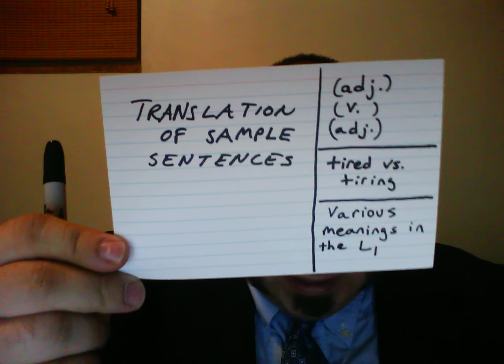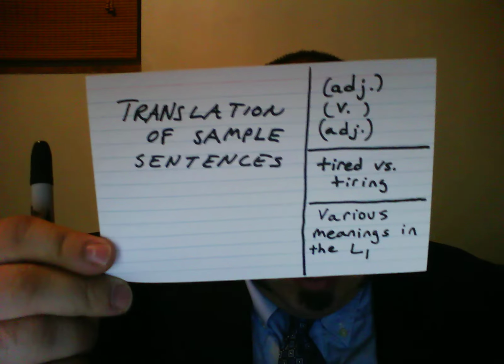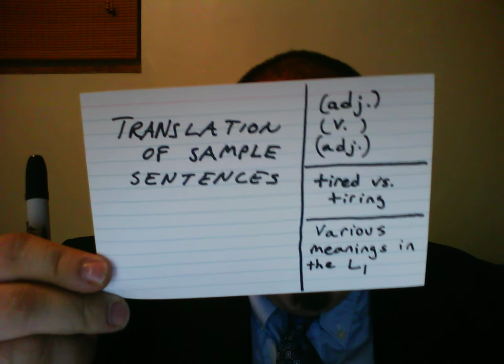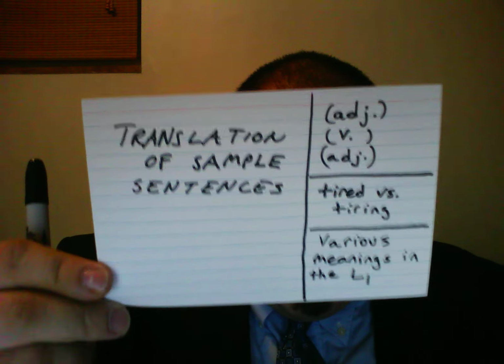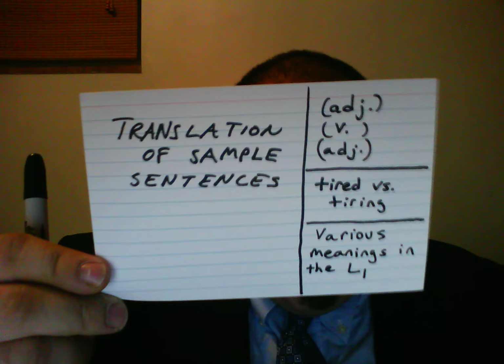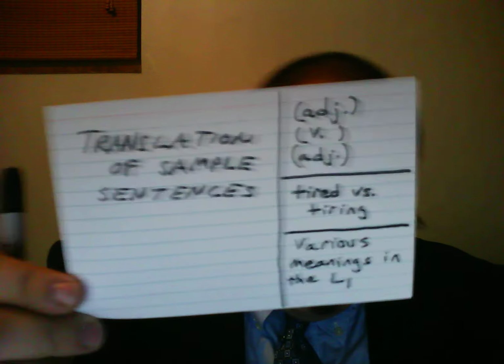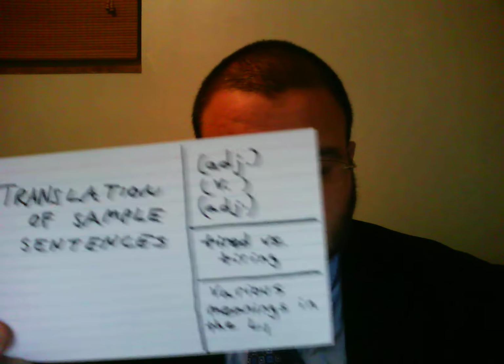Now here, the box below is tired versus tiring. What's the difference? Maybe in the L1 you want to write some notes so you can get more of an understanding, because it is common, especially for Asian speakers, to confuse the two. And then you can also write the various different meanings in the L1. And then the translation of the sample sentences. So what you get is a basic one card, and with the back,